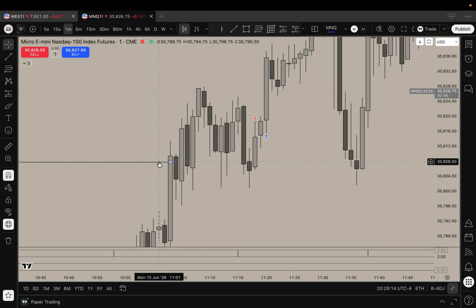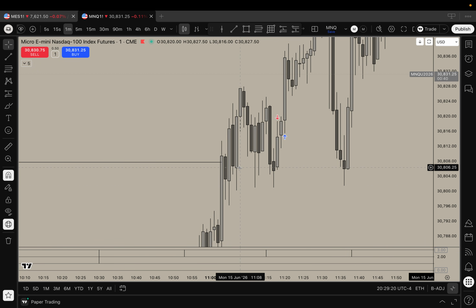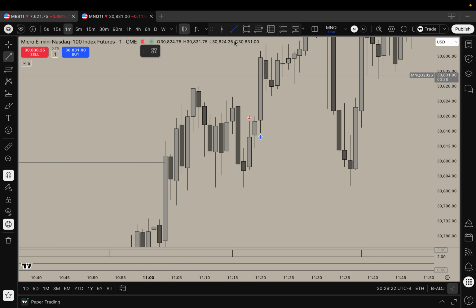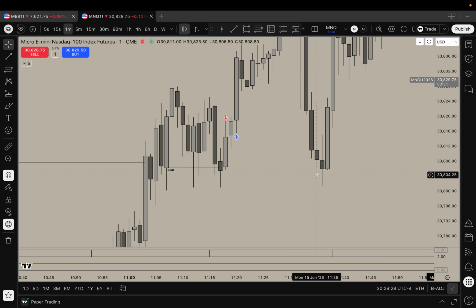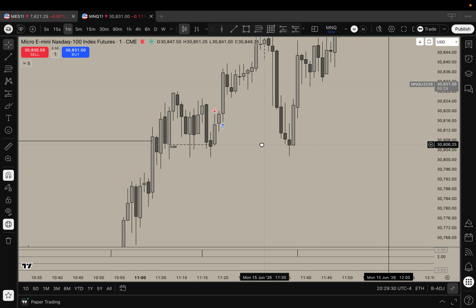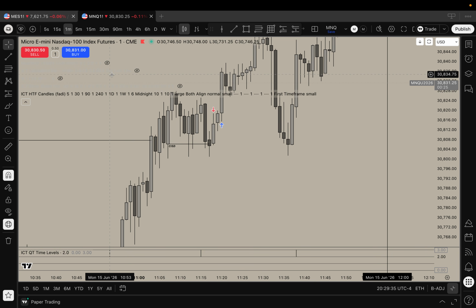Then we got the manipulation and the SMT of this very high time frame buy side liquidity, which is this stuff from days ago, which I marked out earlier. And then we have a little change state of delivery right there, which is what I was so excited about. I was like, oh my God, the change, look. So excited, super awesome. And it was right next to a quarter. I was like, wow, this is going to be great.